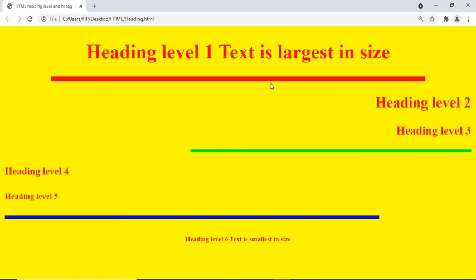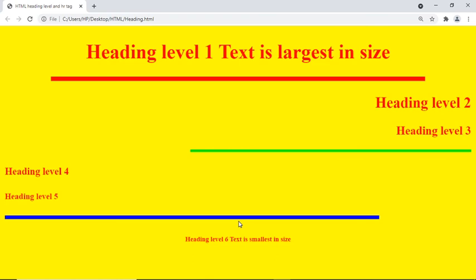Just see that H1 and the first HR are displayed in the center. Alignment is center. The color of the first HR is red, the second HR is green and the third HR is blue. So there are different colors, different sizes and different widths. We will see the code for this.